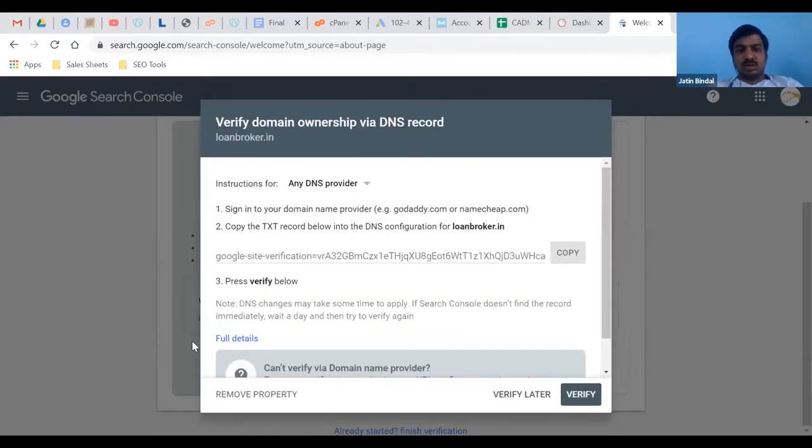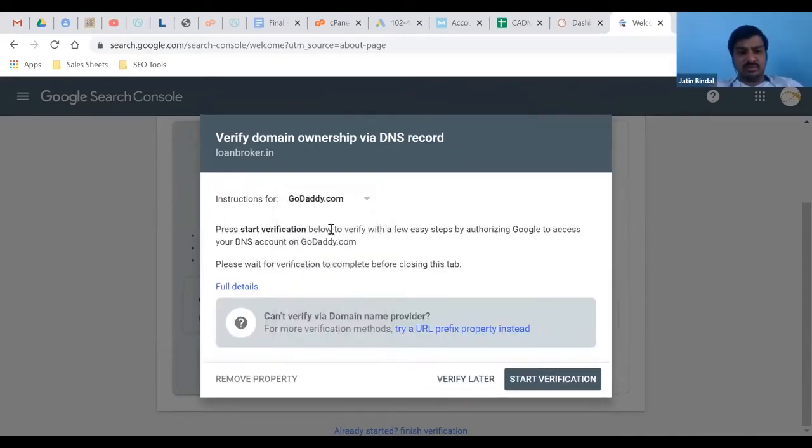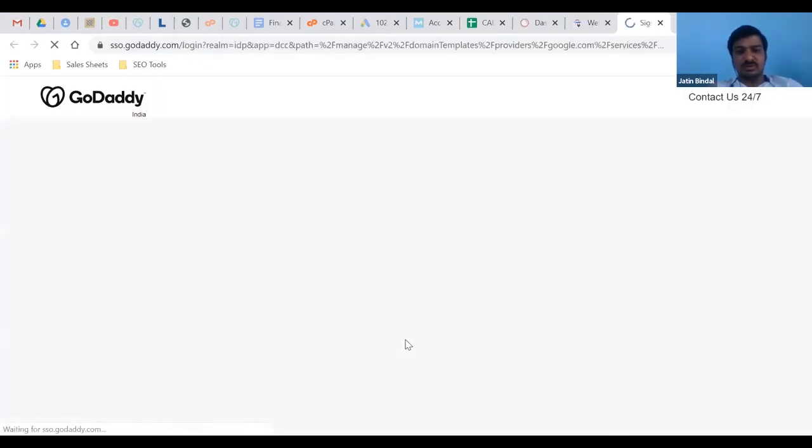Okay. From where have you purchased the domain name? GoDaddy. Okay, select GoDaddy over there. Yeah, just click on Start Verification. It will ask you to log in to your GoDaddy account.